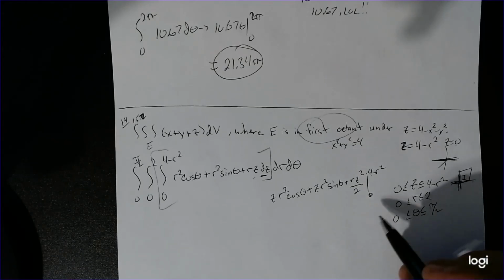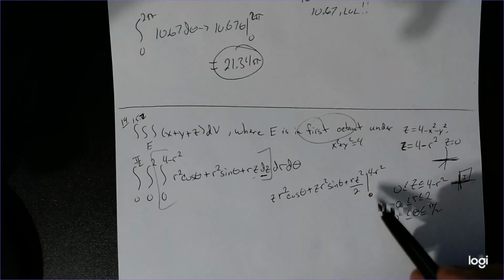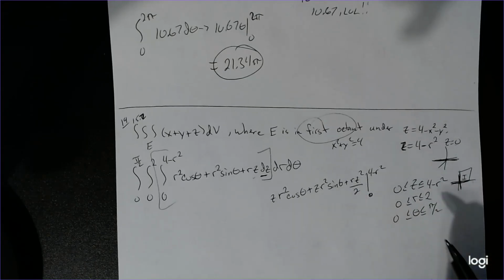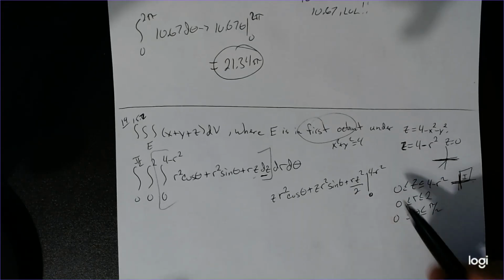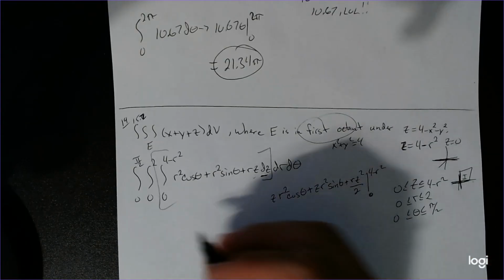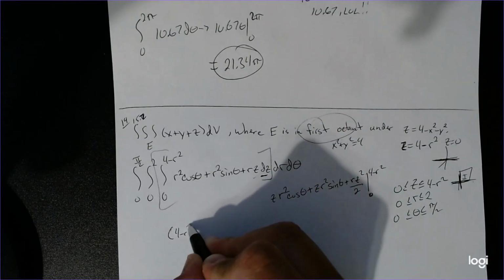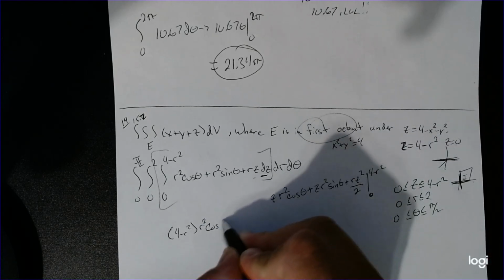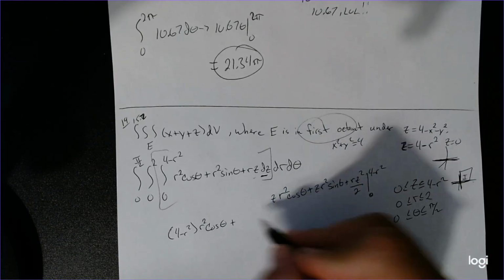All right, so again, if I plug in everything for z, that goes away, that goes away, that goes away, so it's 0. But this stuff is giving me the painful stuff to do. So everywhere I see z, I plug this in. So here it's going to be 4 minus r squared cosine theta plus